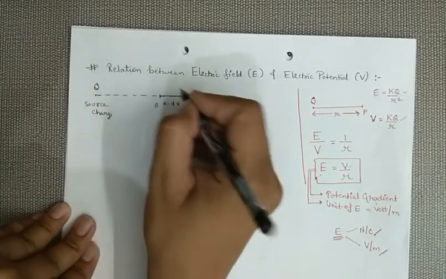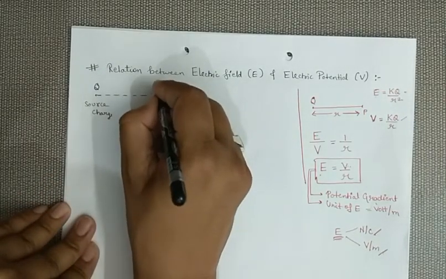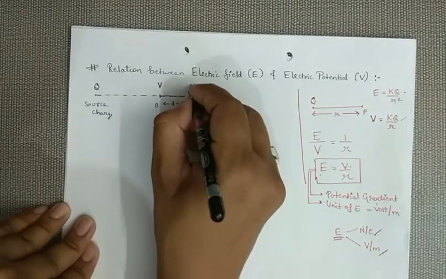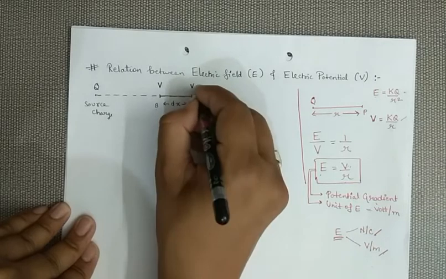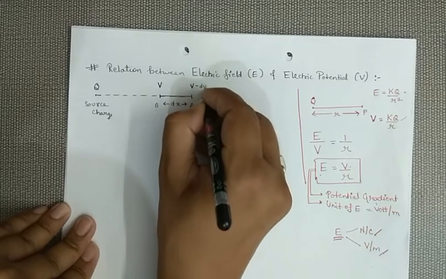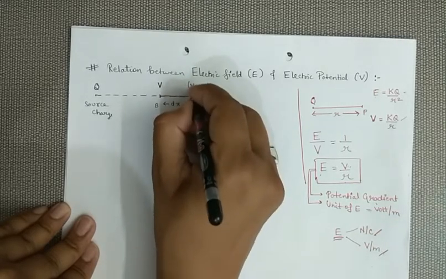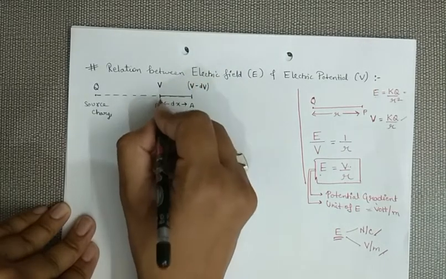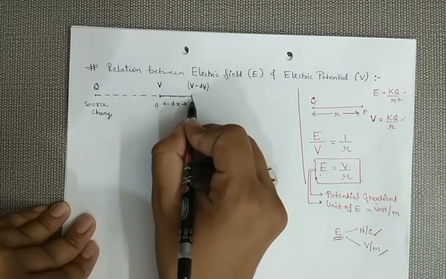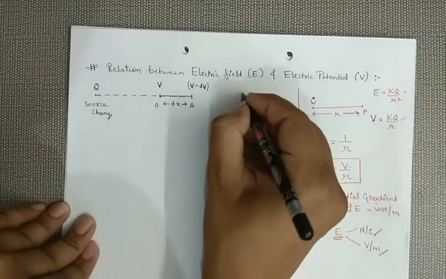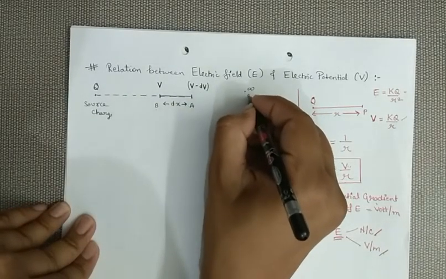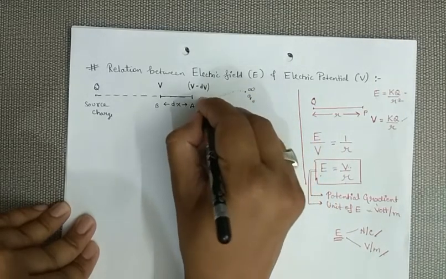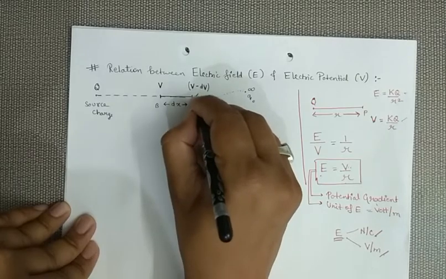Suppose I write the potential of B as V, then the potential of A I have to take somewhat less. So I take it as V minus dV. Potential of point A is less than the potential of point B. So potential of B is V, then I have to reduce the potential of A, that is V minus dV. Suppose this is the infinity point and this is your charge Q naught, and I have to move this charge from infinity to this point A.